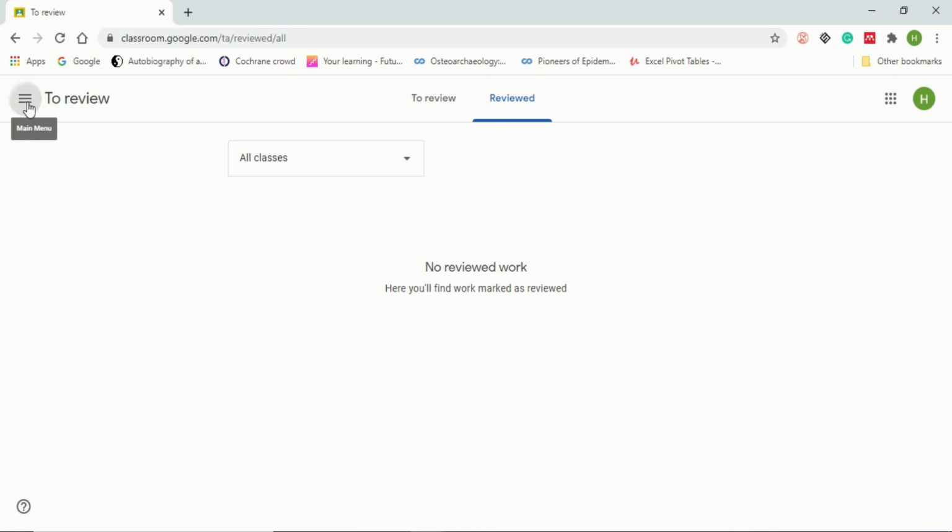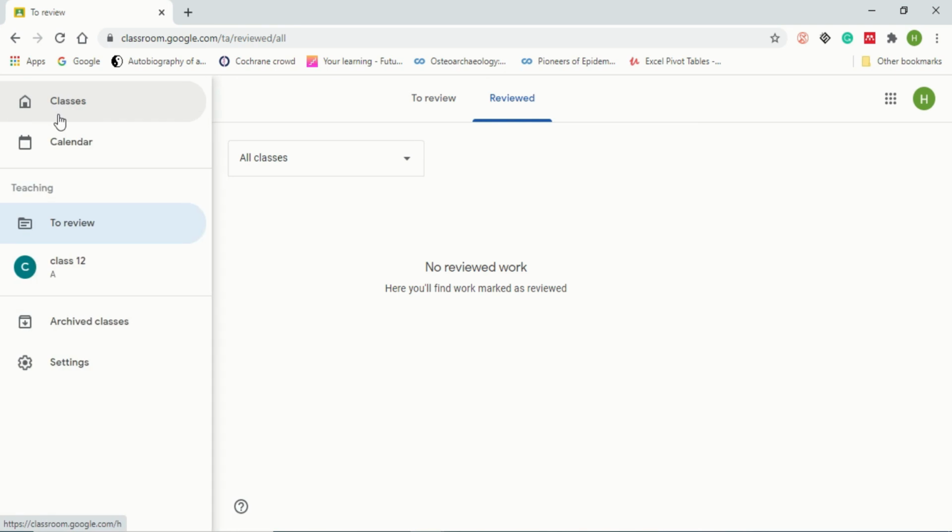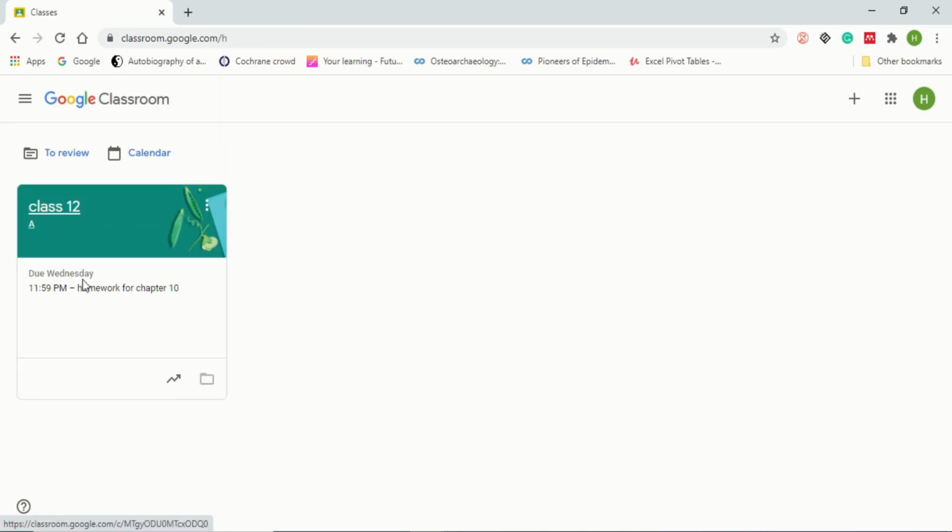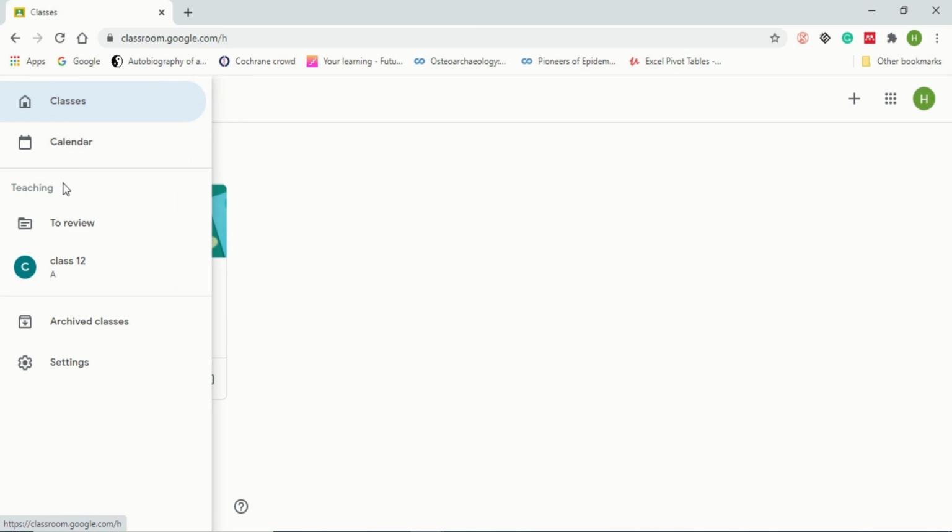So again you will go into the Hamburger option, you have classes. When I click on classes, you will see it's for the particular class 12th, or there can be multiple classes. You have to just click on that class, and all these things you can directly save to your Google Drive, so that for the particular class each assignment will be saved in your Google Drive.